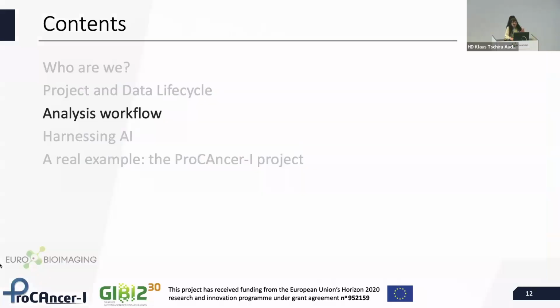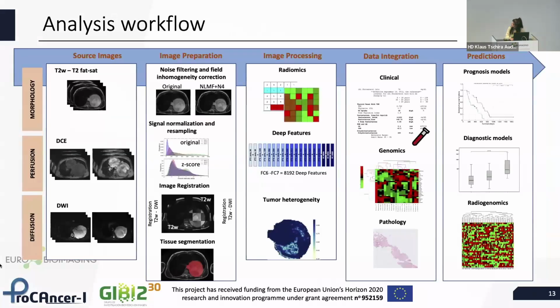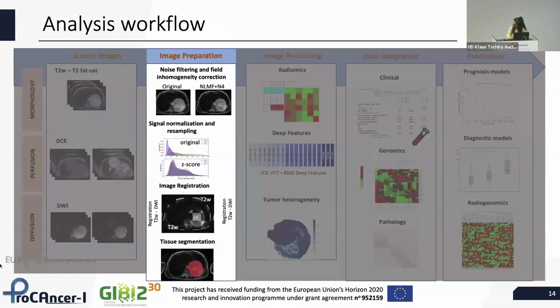Once we have our data at our disposition locally, what we do is analyze them. This is actually the main part of the presentation that I would like to show you. I hope it's not too much. Once we have the source images, the studies, what we do is prepare those images. This means that we filter them, we enhance their quality, we also register if necessary, and we also perform some